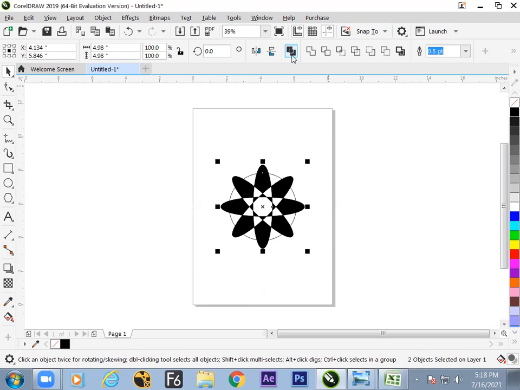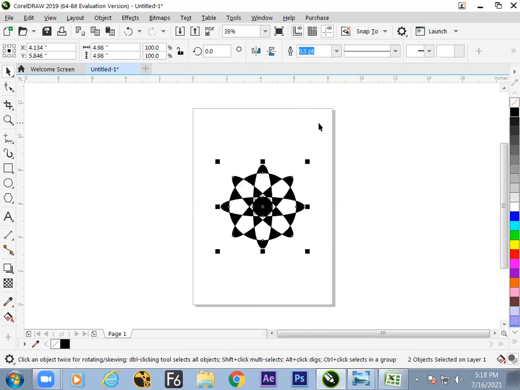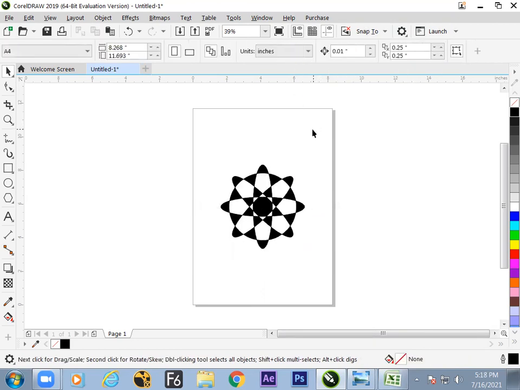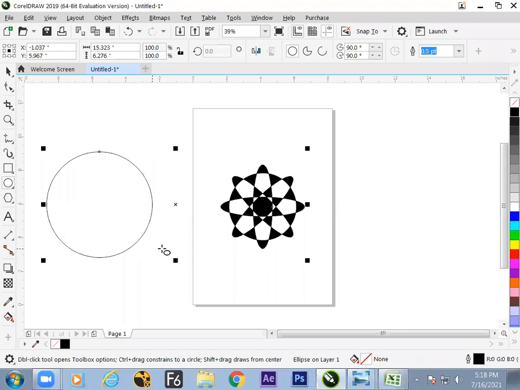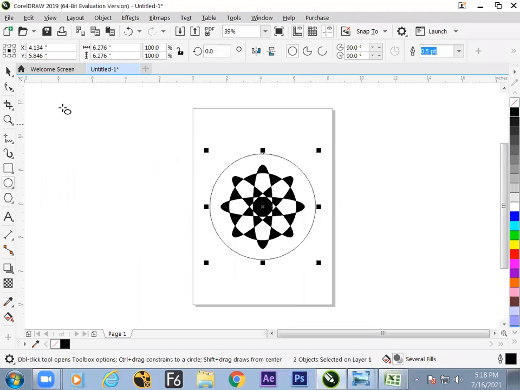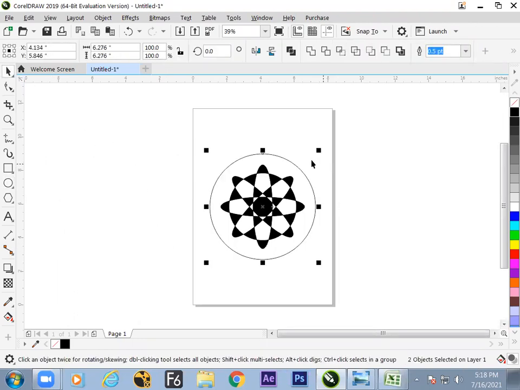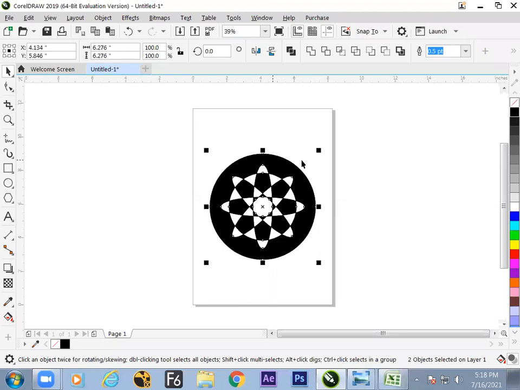Control A and Control L, Control L. Same job. Control A, P for page center, and now Control A, Control L. I hope we are understanding what is happening on this screen.